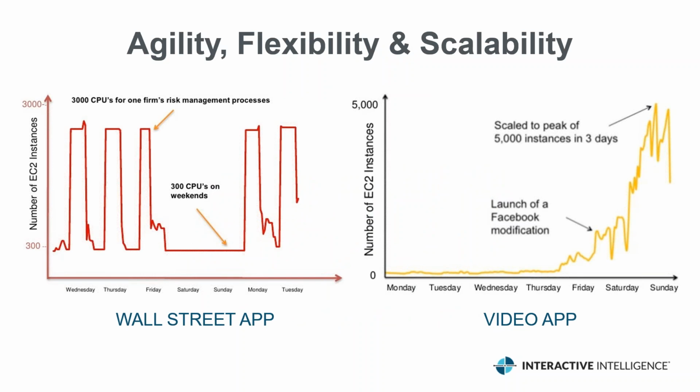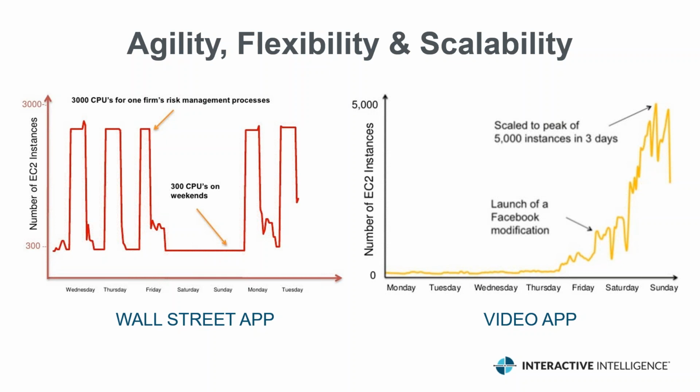Another thing to consider is agility, flexibility, and scalability. So these are things that Tim touched on as well. So you can see some examples in this slide where a customer had a Wall Street app which they had hosted on the cloud, and during the day, during business hours, this Wall Street app would use up to 3,000 server instances. But then at night and on the weekends, it would scale right back down to a factor of 10, down to 300. There's no way you can architect such a solution on-premise to be able to deal with that type